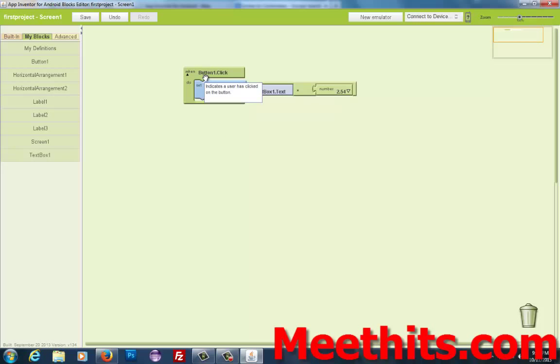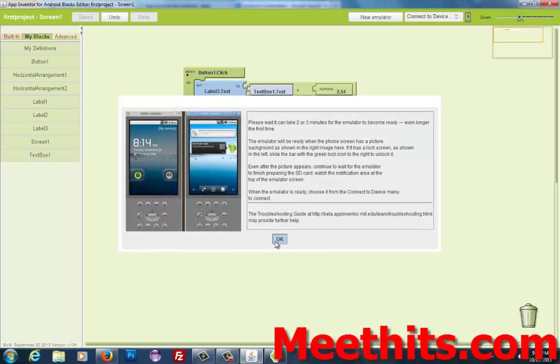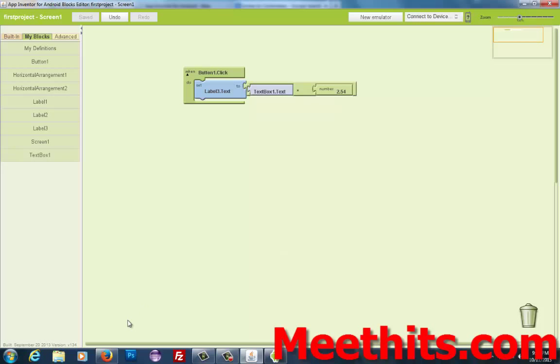When you click button one, it will change label 3 dot text to text box 1 dot text multiplied by 2.54. Click on new emulator to make an emulator device, a virtual device.